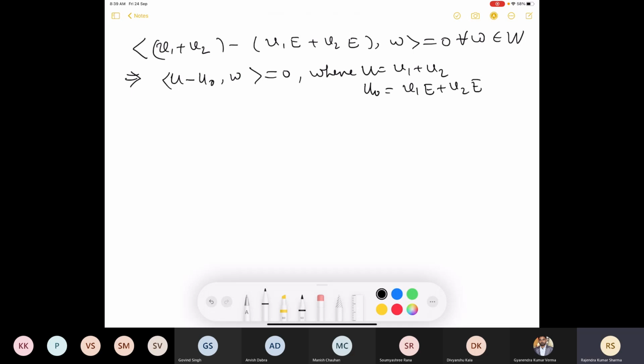So this U naught, which is V1E plus V2E, is the best approximation